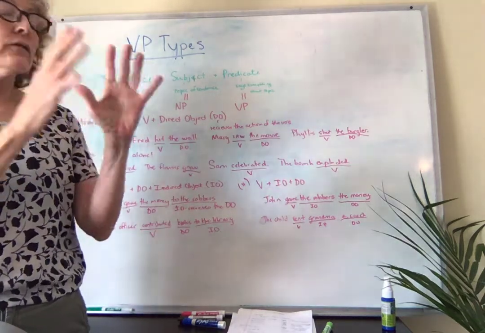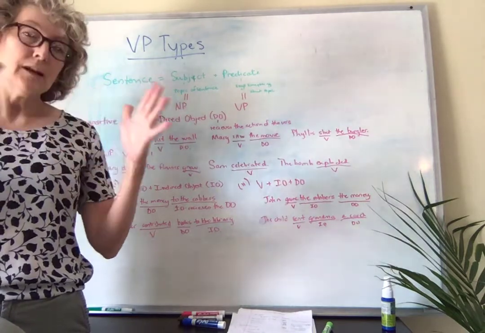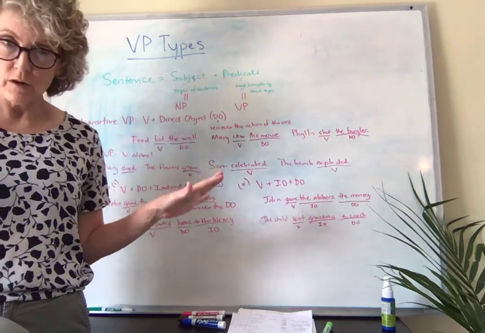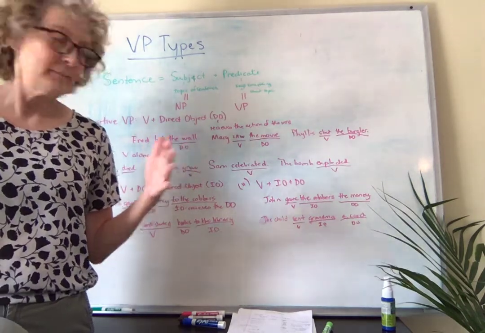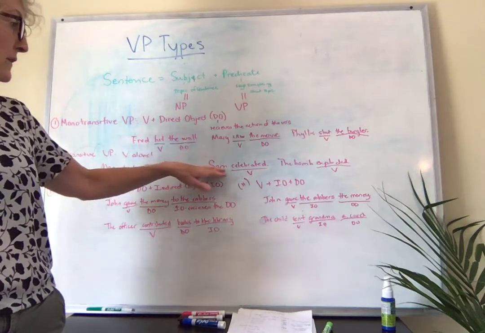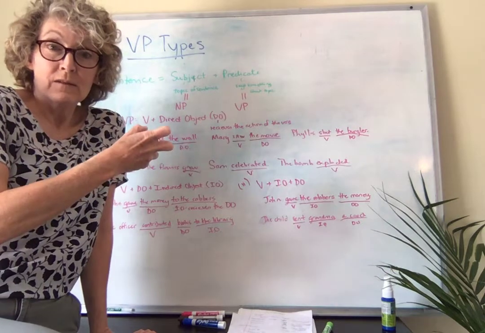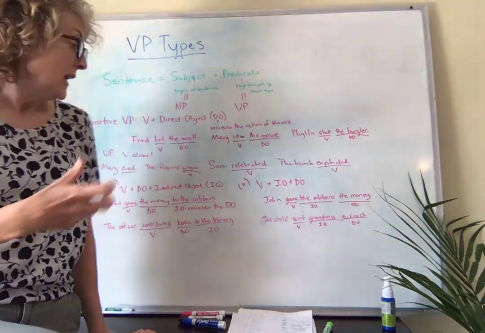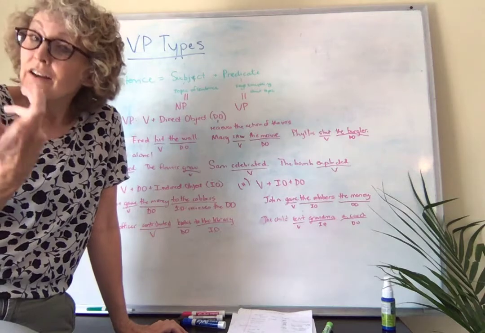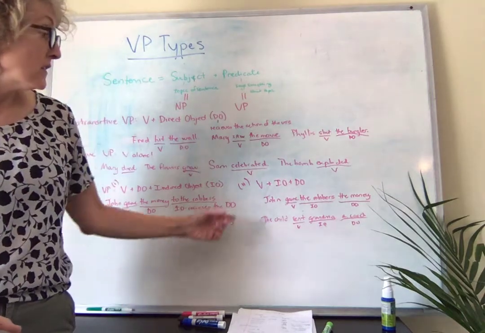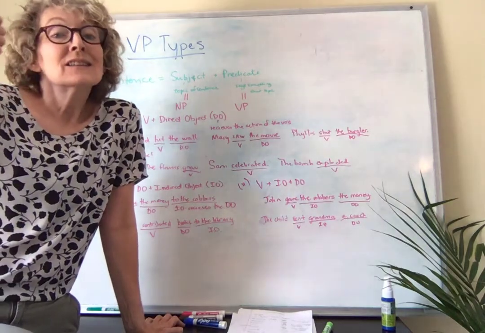So whenever you see a single verb alone in a sentence, you can know 100% it must be intransitive, because that's the only verb phrase type that doesn't require you to have something following it. Okay? Another example would be Sam celebrated. The subject of your sentence is going to be Sam. It's who we're talking about. And then what are we saying about Sam? We're saying that he celebrated. That's the action that we're using. We know this is the main verb because we've got the past tense marker here, the -ed, that tells us that this occurred in the past.